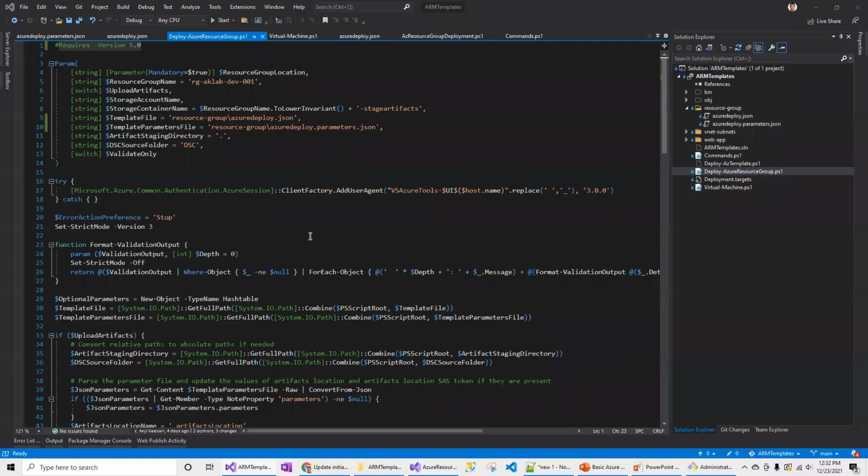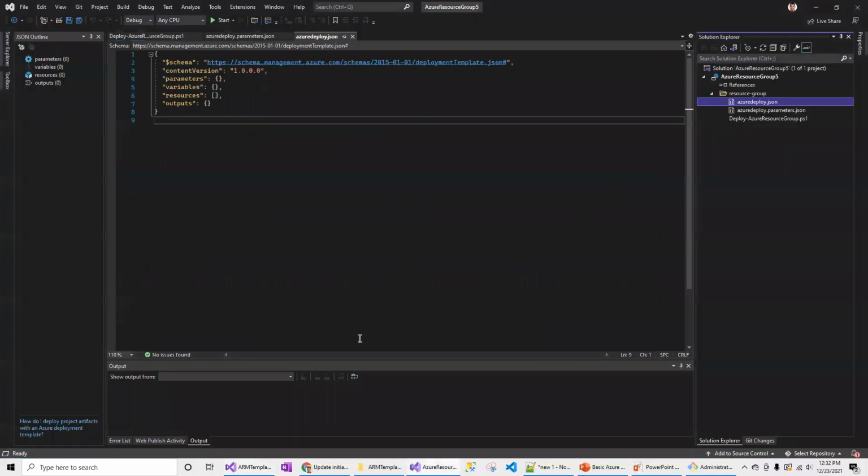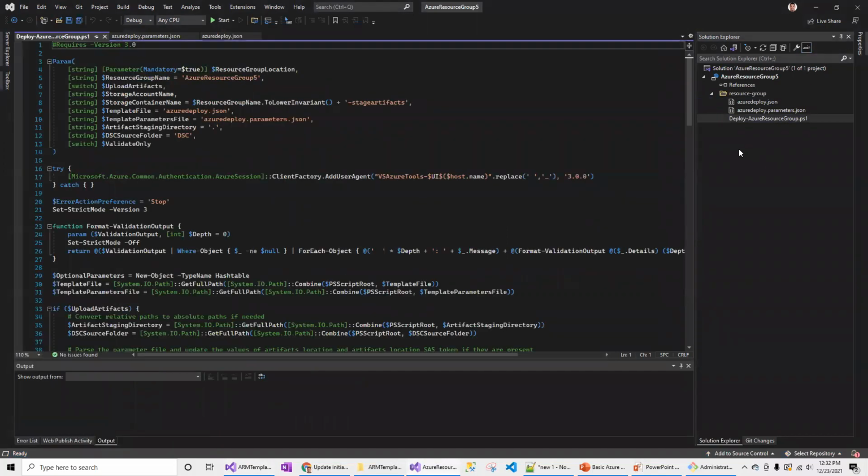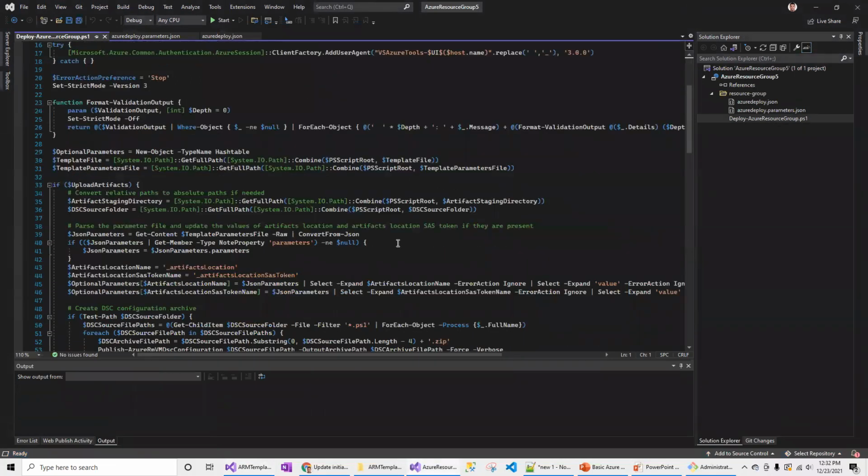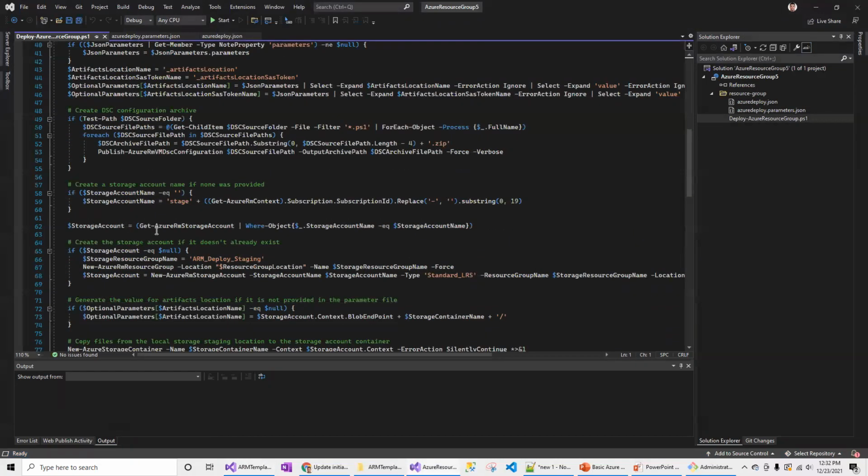So I would like to cover a few things. Make sure that when you are creating the Azure Resource Group project from Visual Studio 2020, or Visual Studio 19 or Visual Studio 17, including the latest Visual Studio, the Deploy-AzureResourceGroup file is not up to date. This is still using the AzureRM syntax, but this is all outdated.